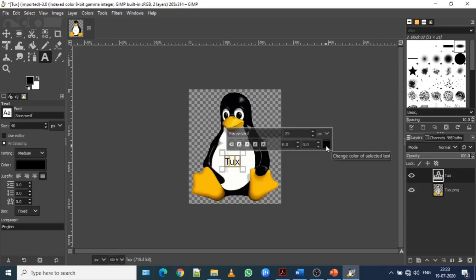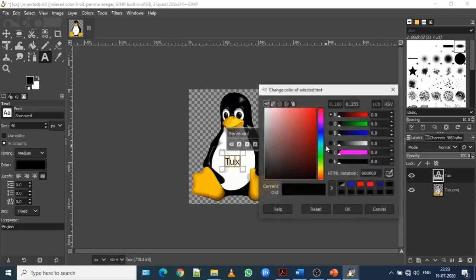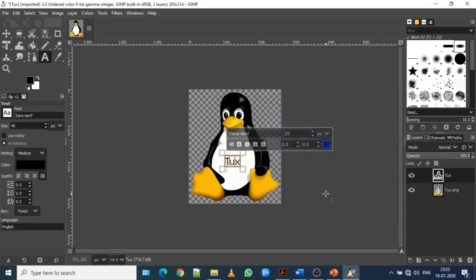Go over here to change the color of the selected text and select the color as blue. So click on this area, take the proper blue color, or let's say I'm taking this color. You will notice that the old color was black and the currently selected color is blue now. So I click on OK.